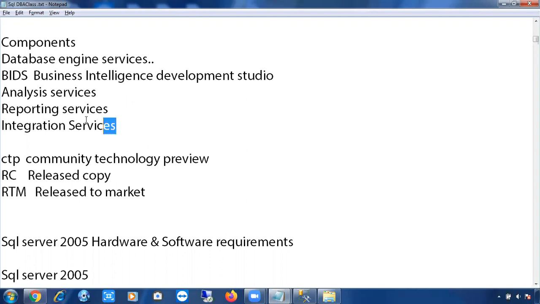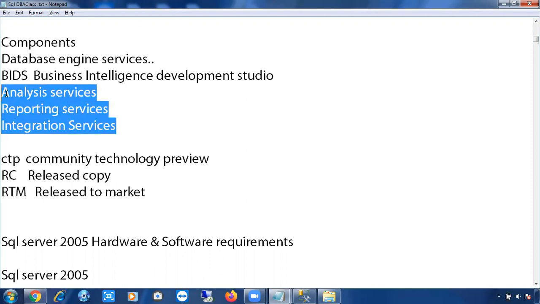But why do we have to discuss these points? Because sometimes customers will ask you, please install Analysis Services, please install Reporting Services, please install Integration Services. Of course we are not going to install them by default. Don't ask what Analysis Services is. These are the extra services provided by Microsoft in the SQL Server software itself. Only if the customer is asking, then you have to select them. Don't select them if the customer is not asking. You have to pay extra licensing for these, because these are add-ons, and every time for add-ons you have to pay extra licensing. Okay, fine. Is it clear?